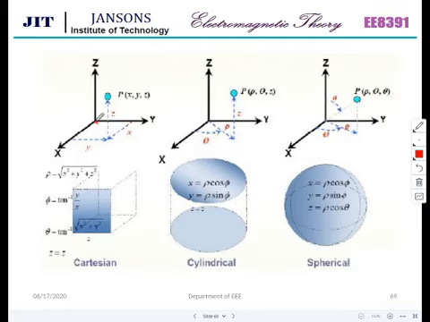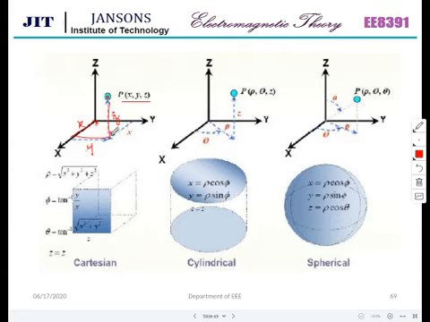Consider this as a point. This point has to move x distance in the x axis, and after that it has to be moved y distance parallel to the y axis and z distance parallel to the z axis. So this is the location of the point. If you need to represent a point in 3 dimensions, we need 3 coordinates to be mentioned: x, y, and z.